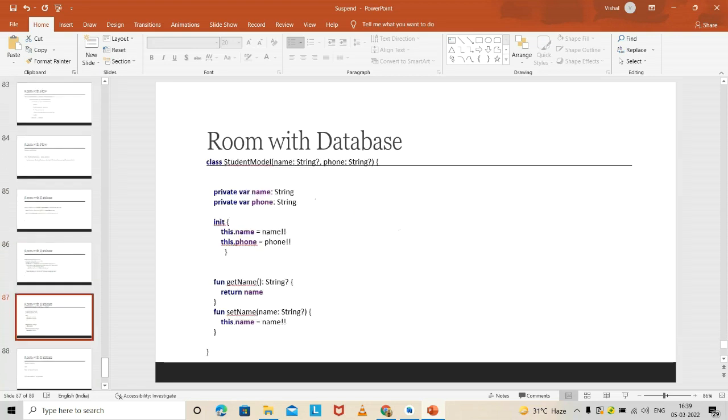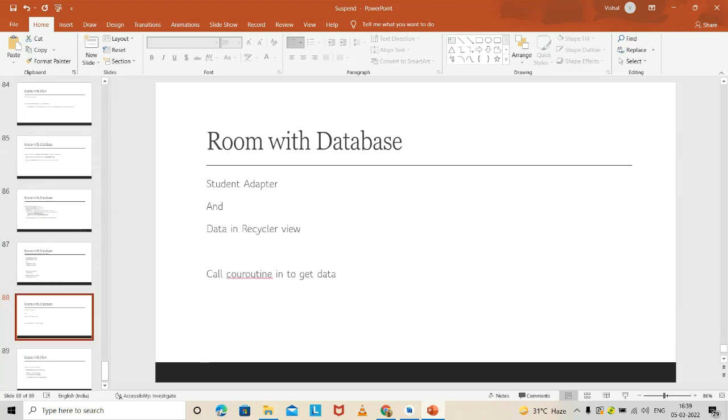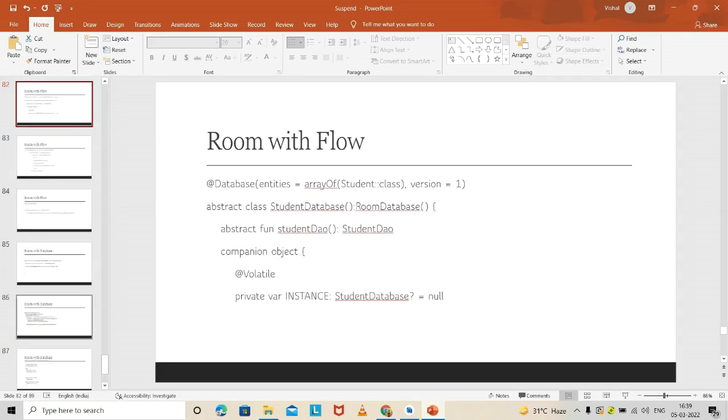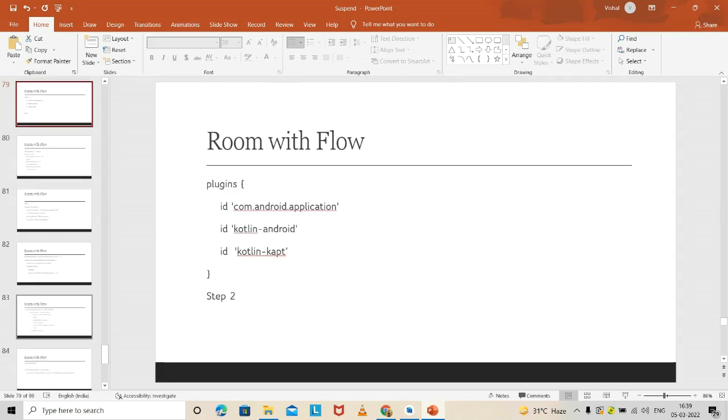factory. And then after that we have to create models for that, and then an adapter, then a RecyclerView in Kotlin, and then call a coroutine to get data in the RecyclerView. So these steps you have to work with in the flow. So let's see one by one in our